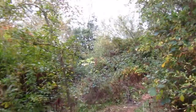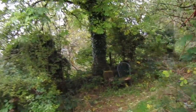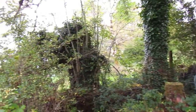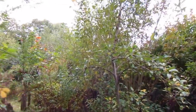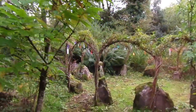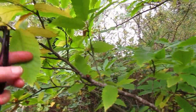So we're almost now at the end of the tour. It's a very quick tour. I haven't got to the cottage yet, but we'll get there. So this is the very edge of the property here, and little wild edge, little hidden area actually, I sometimes like just to come up here with a cup of tea and sort of hide from everything. This is a sweet chestnut tree. We're hoping to get